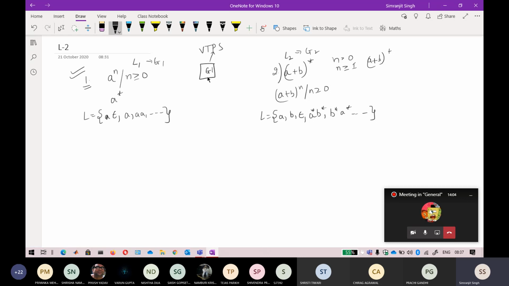And every grammar can generate any language. It can be any language. It depends upon the rules that you are defining. Okay, so now a raised to power n, keep that in mind. If you write a syntax tree, the parsing tree can be like this. If I just start with the starting symbol, it can be S and A. Now what it denotes is that S can repeat any number of times, and A is always there. Okay, so A is always there. But because S is a capital letter, it means it is a non-terminal. So when you are parsing the tree, you cannot stop at a non-terminal.